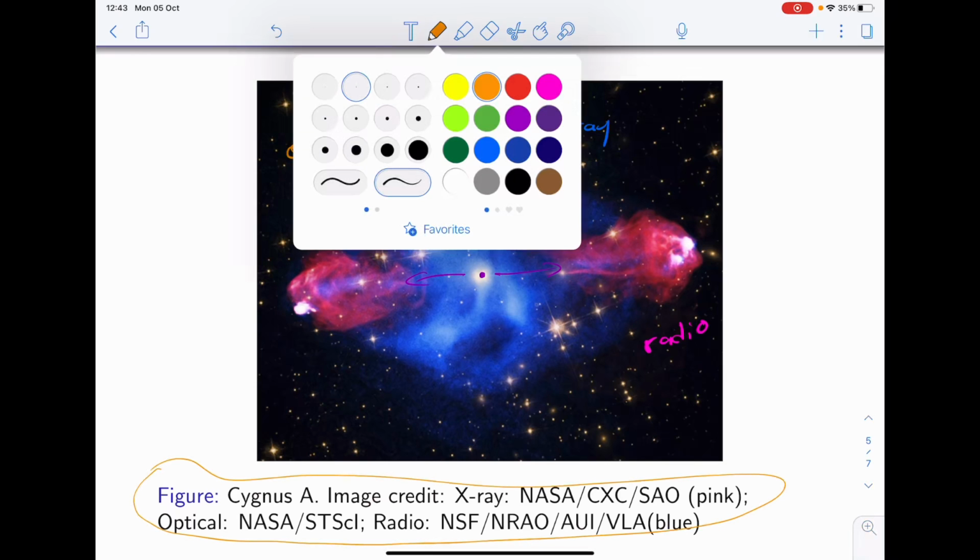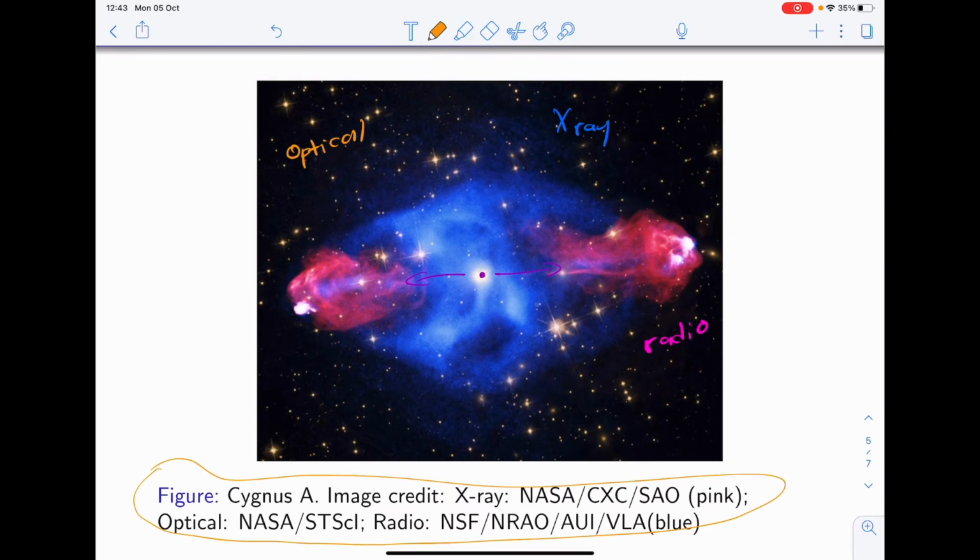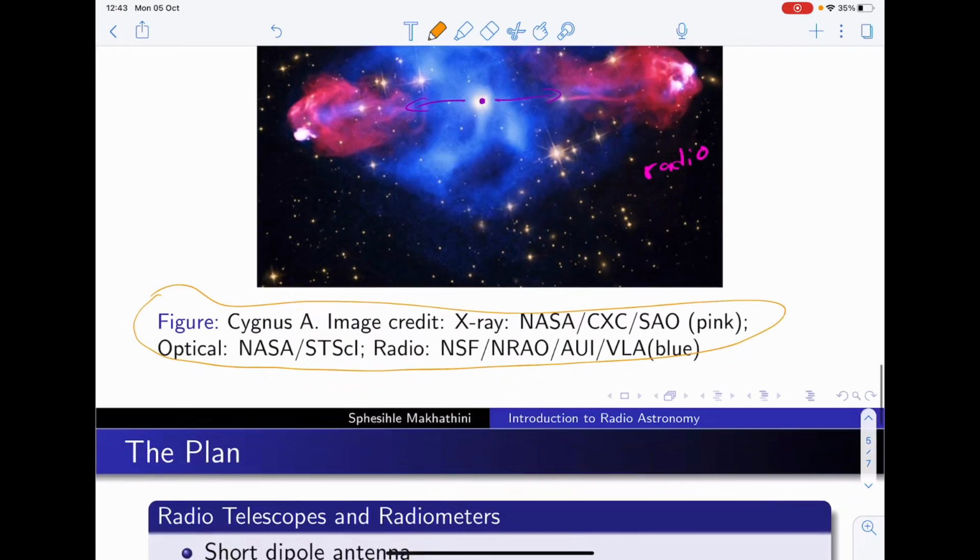But as you can see, the synchrotron emission stretches very, very far out compared to the size of the galaxy where all the energy and all this power is coming from. This is actually one of the most extraordinary things about radio astronomy, that the host of the energy is much smaller compared to the scale of the emission that you see. So we will see many more examples of this as we proceed with the course.